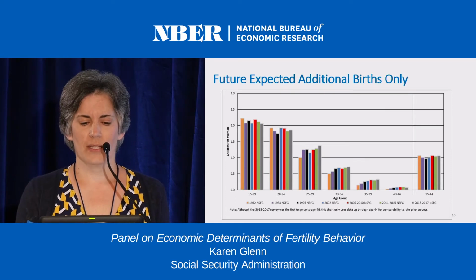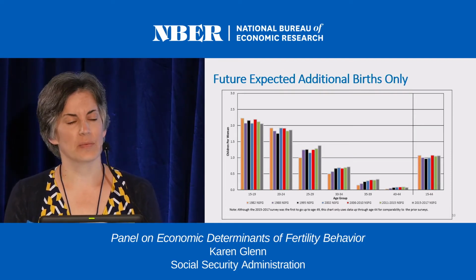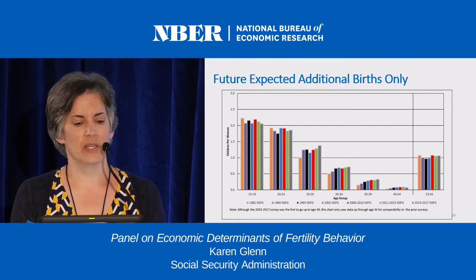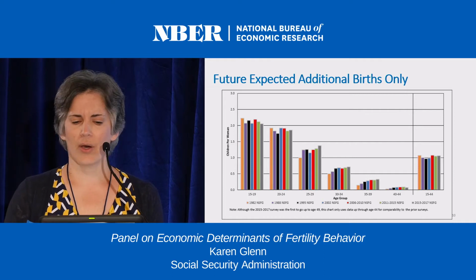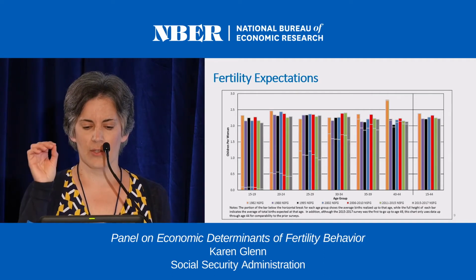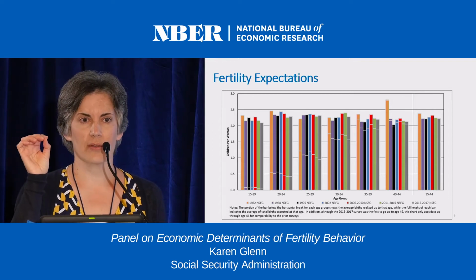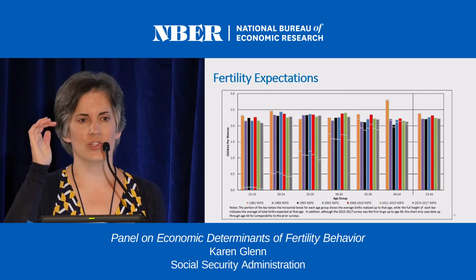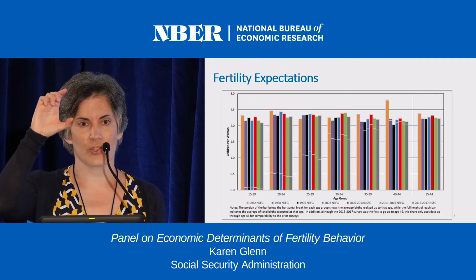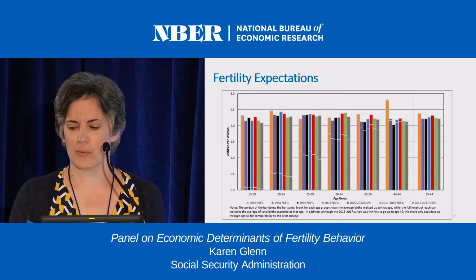And just one other way to look at this, one natural question might be, have women's future expectations been changing over time? One thing I should have mentioned on the last slide, let's go back there for a second. You'll see these white lines in the middle of each one of the bars. That's how many children they've actually had so far. So that's actual data. The additional piece above that is future expectations.